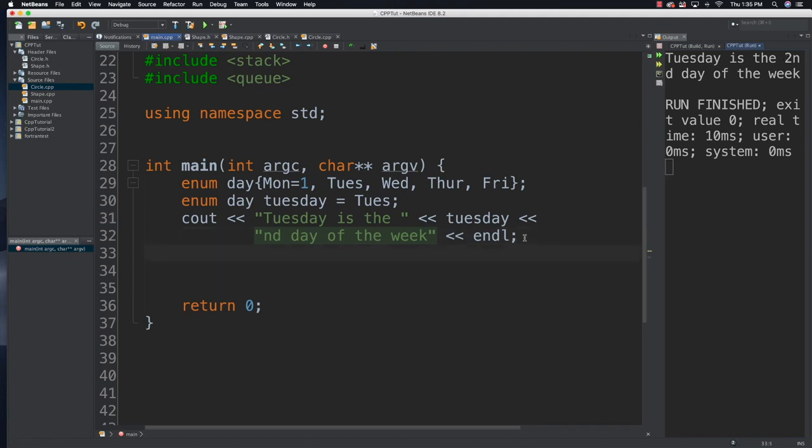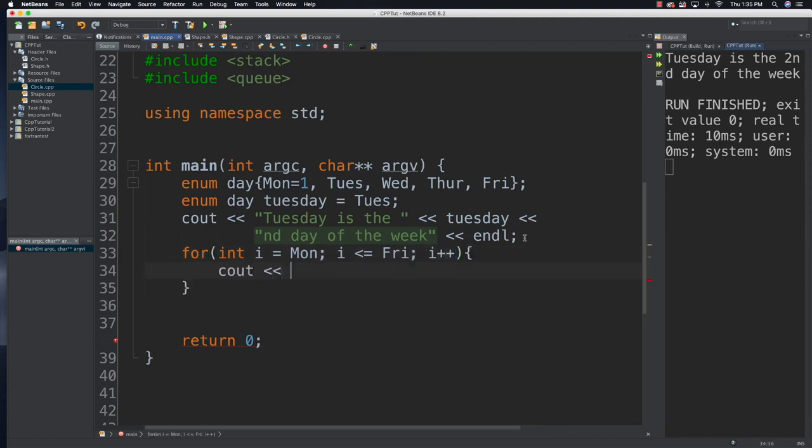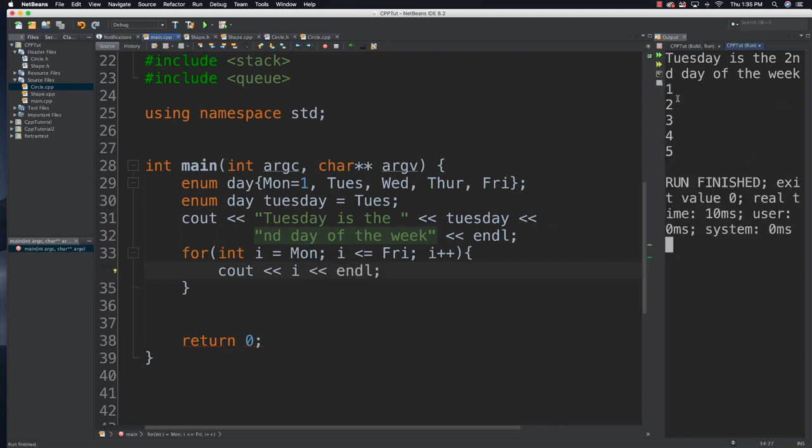Prints out. You're also going to be able to cycle through all of your days. So you could say for int i equal to Monday, while i is less than or equal to Friday, and then increment and print them out if you'd like. Or more than likely use them for something else. And there you can see it printed out all those values. All right, so that was a real quick introduction